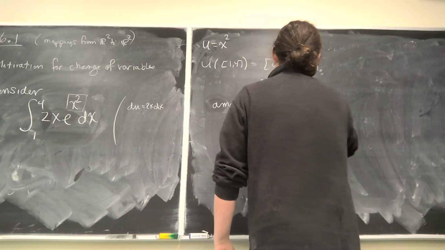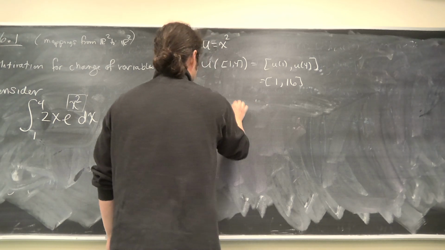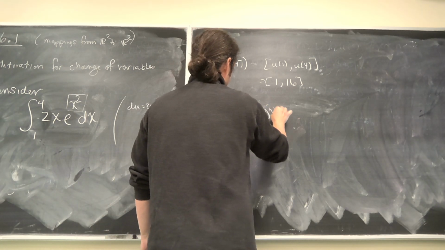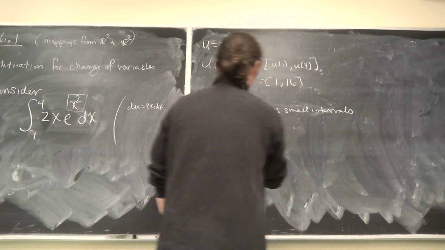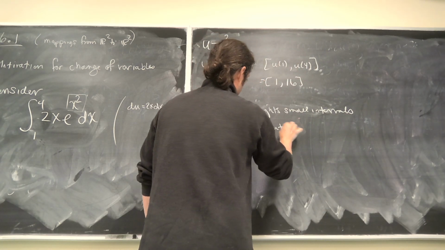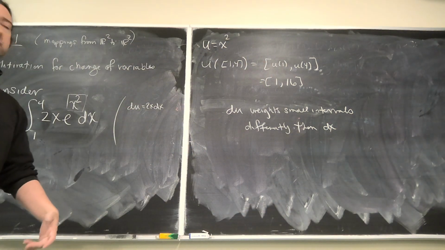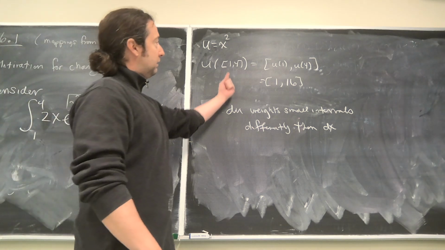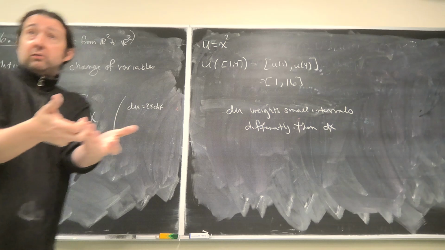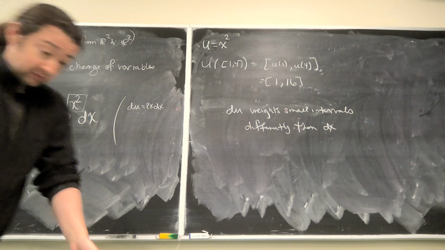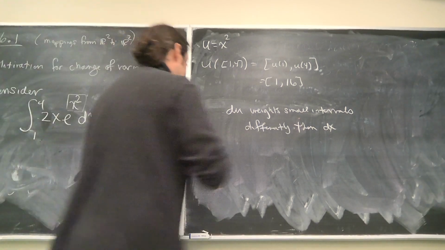that dx counts for, I should say, what I'm saying here is du weights small intervals differently than dx. I need something that's going to account for the fact that when I change the domain from this to this, I didn't just transform the domain itself, but the structure of the domain, which is to say that if I start calculating the effect of du and dx on little tiny intervals,